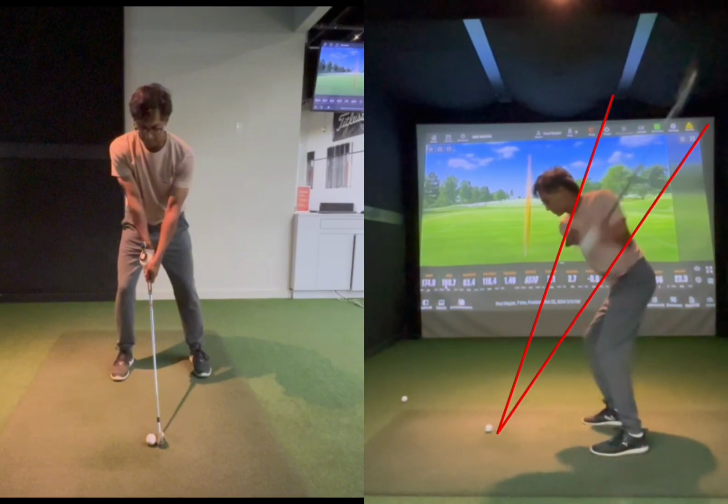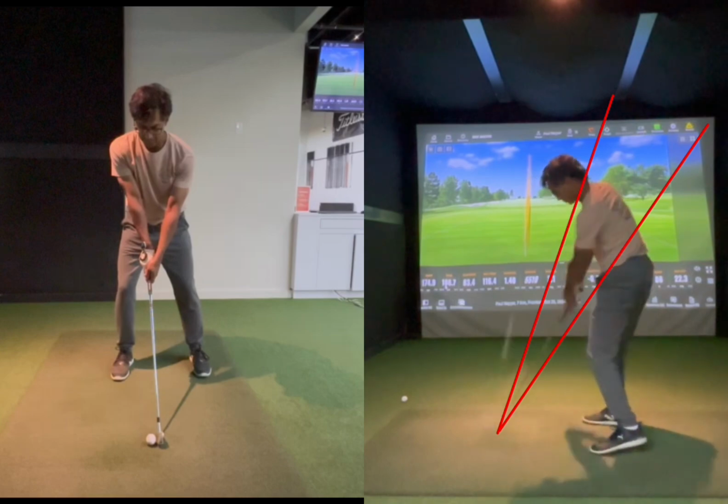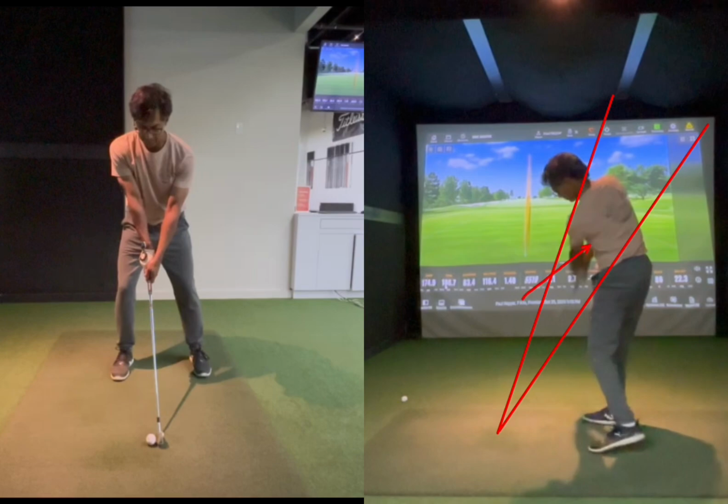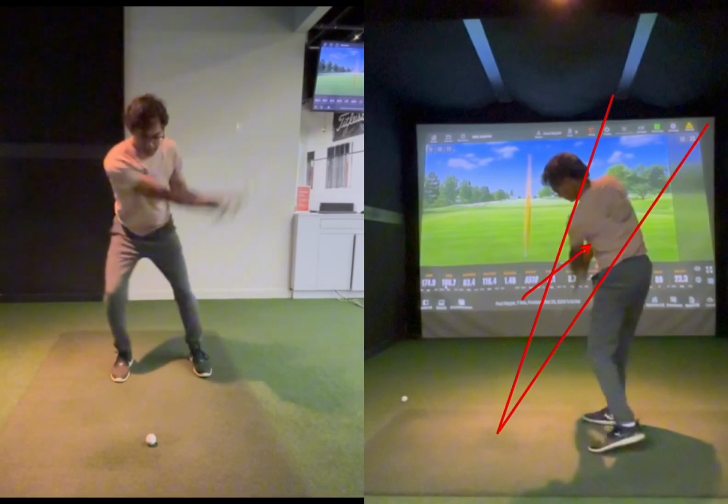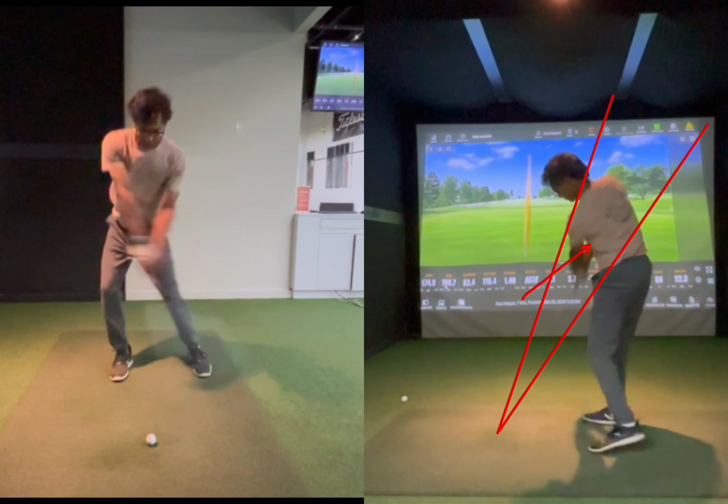relationship right there, to get you moving this club a little bit better and a little bit more exiting sort of right for you. So you want to feel like your hands exit right on the way through, and you can leave that face a little bit more open just to help us hit that little cut shot. Again, that's going to be the same thing for drivers, the same thing for everything. The biggest difference is that with the driver you'll be feeling like you hit up and to the right, versus with an iron, you're going to be feeling like you hit more down and to